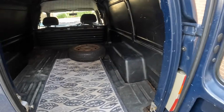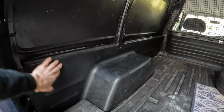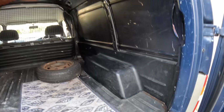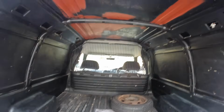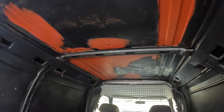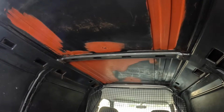It is literally nothing special. As you can see, we've got our spare wheel in the back and all the original matting still down, which is nice. Also got these, I don't know what you call them, plastic protectors or matting. You've also got them original pieces on the side still, which is always nice. A couple of knocks and dings on the panels, but we're not going to worry too much about that. Someone has whacked a load of red oxide, and that theme does continue on the underside of this van. Now, I can only assume that there was just a bit of surface rust up there, and that's why they've whacked the red oxide on, but I will be addressing that because, well, it just sticks out like a sore